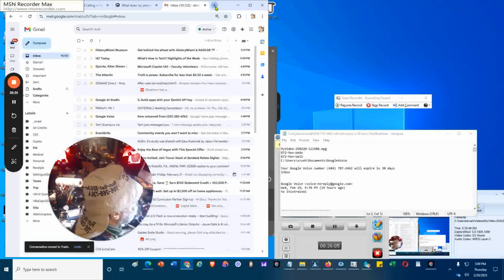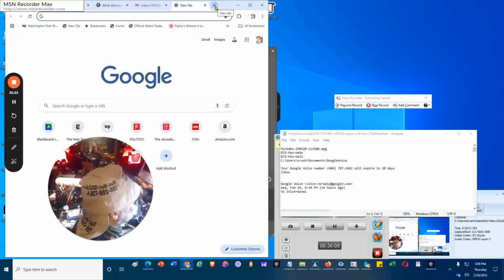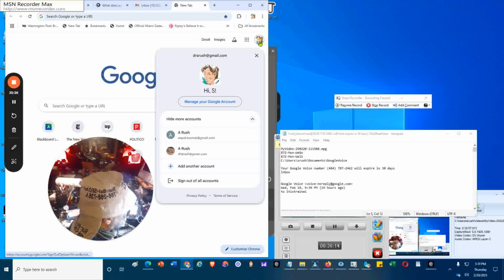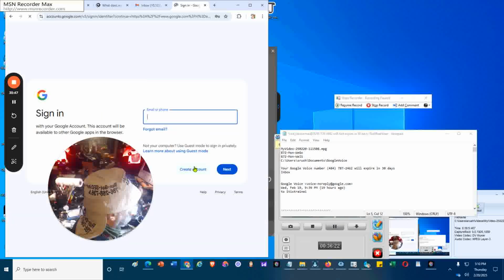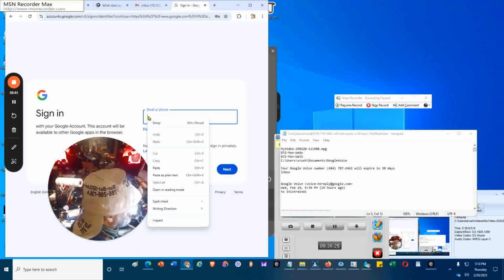And I open another tab, where I hope to log into the new account. Now, since it doesn't appear there, I click add another account. And now I paste the new account email or phone